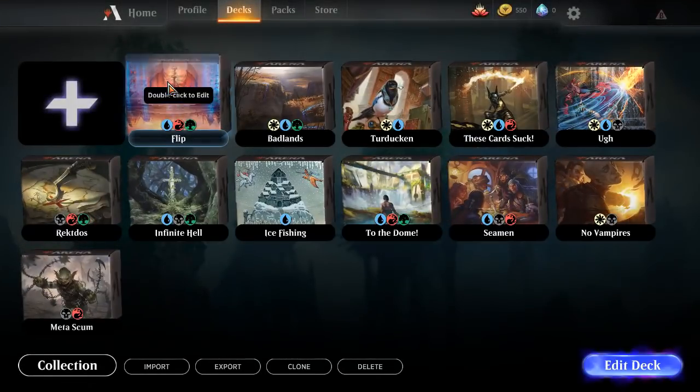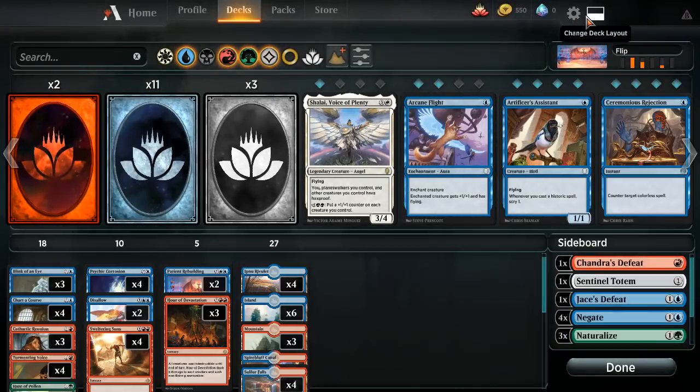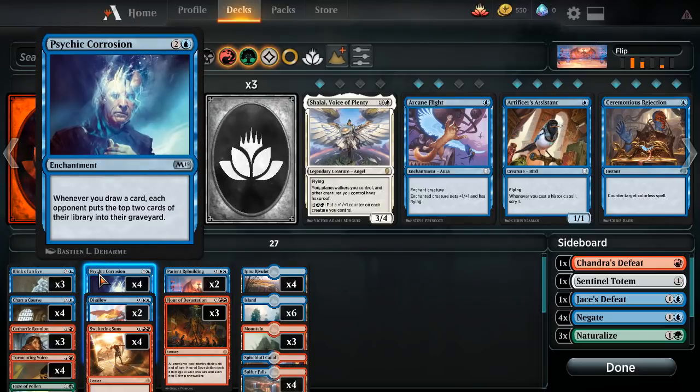Over here we have Mill Deck. Dearer Mill. The idea? Flip your opponent's deck upside down. So we're going with basically as much to the gut as possible for the mill here. So we're going to be running primarily Psychic Corrosion, which is basically